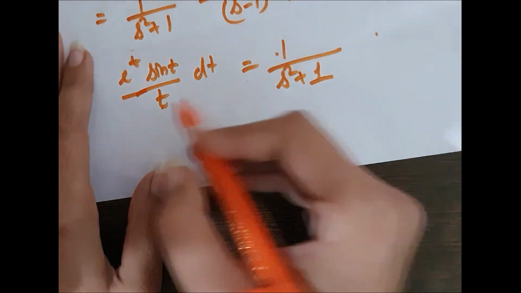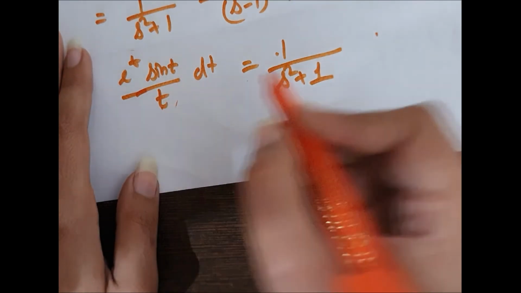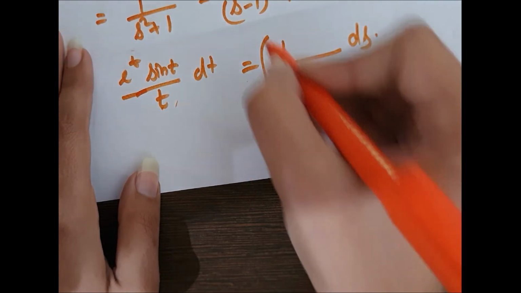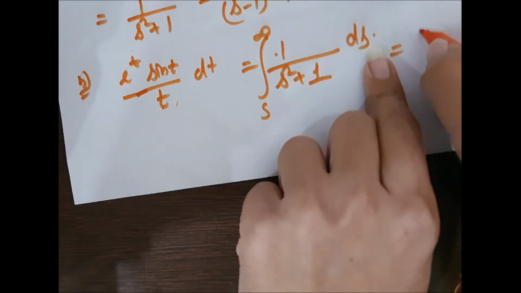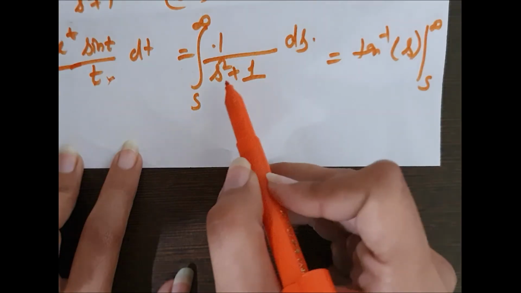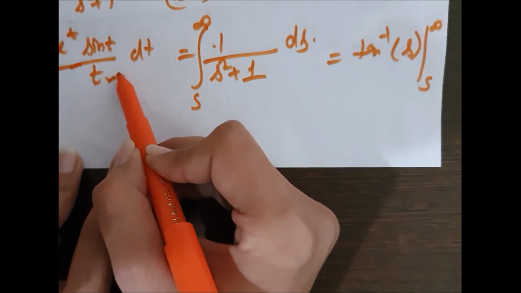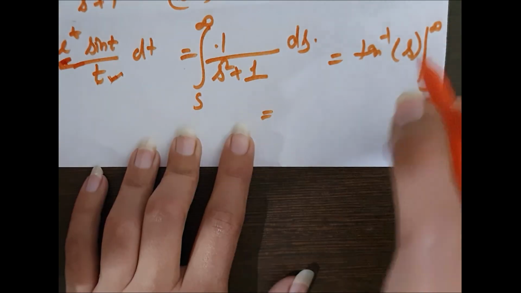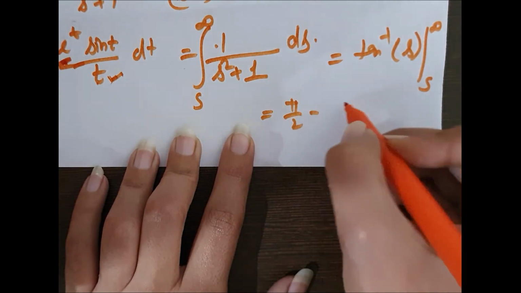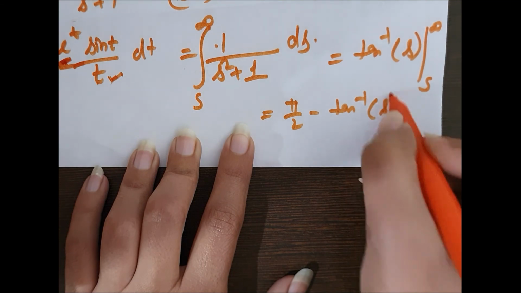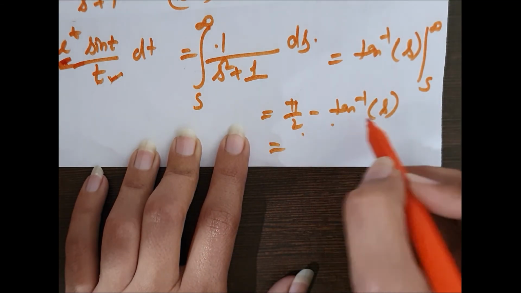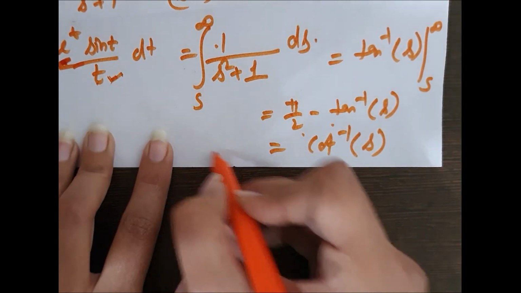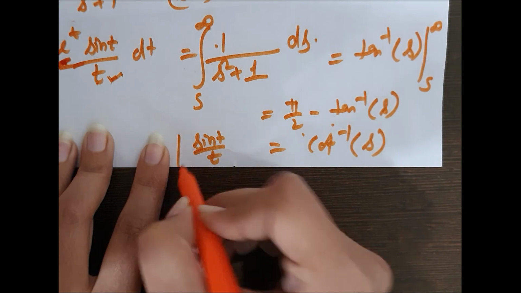I tell you why. Firstly, we apply the division property, that is integration ds from s to infinity. So it will come out to be tan inverse s. Now, are you getting it? Why did I apply the division property first of all? This is because it became a tan inverse function. Now, tan inverse infinity is pi by 2 minus tan inverse s. Now, pi by 2 minus tan inverse s became cot inverse s. Now, this is the transform of sin t by t.